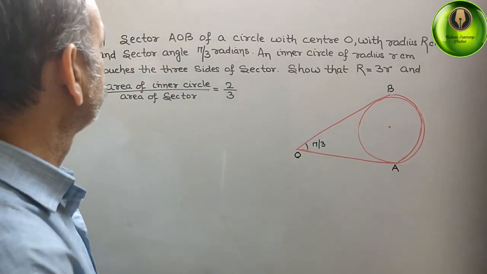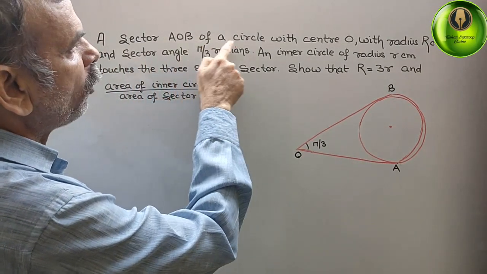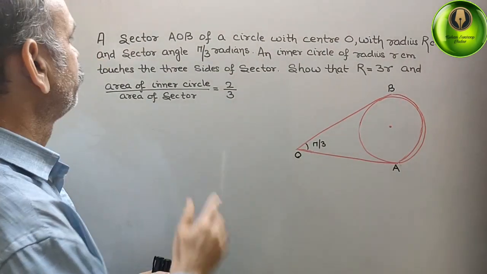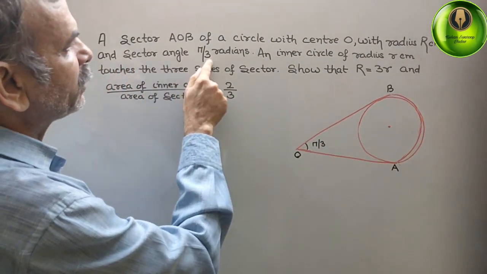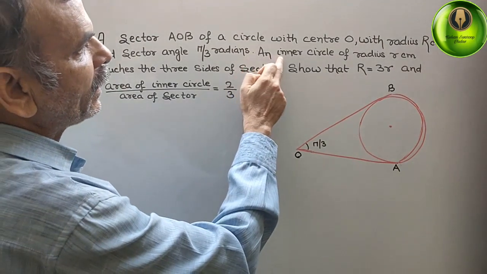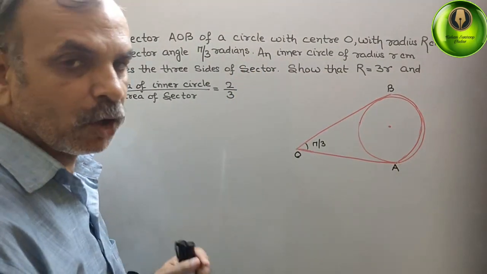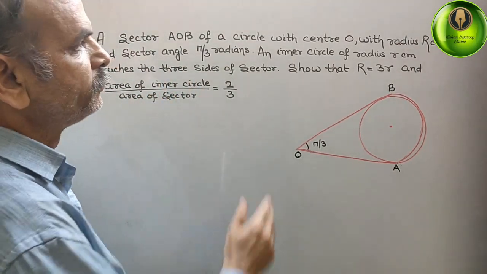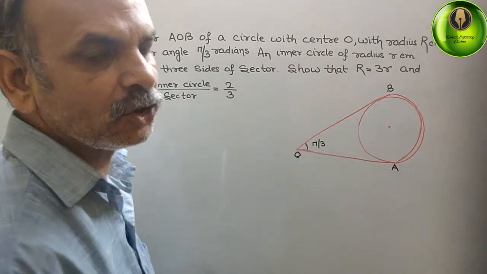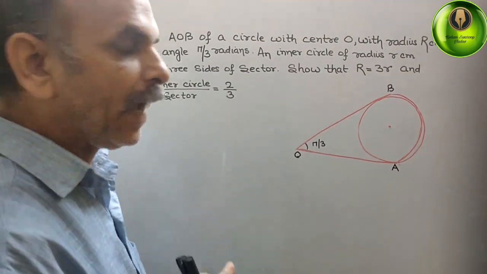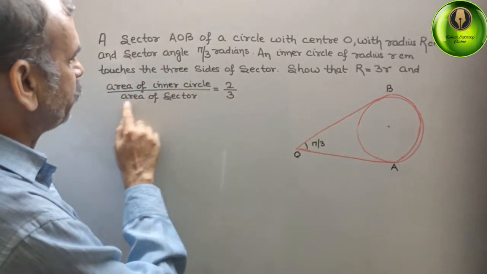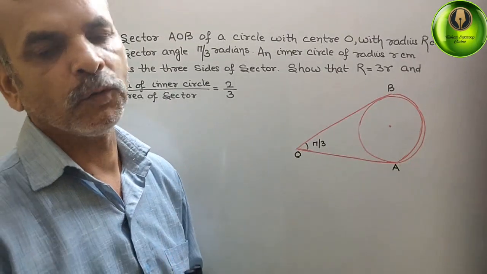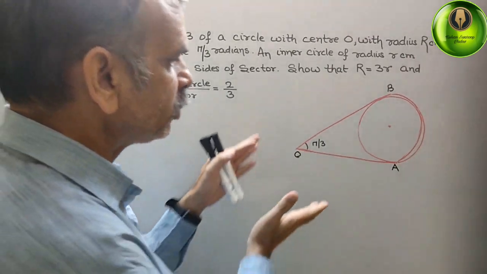Your question is: a sector AOB of a circle with center O with radius R centimeter and sector angle pi by 3 radians. An inner circle of radius small r centimeter touches the three sides of the sector. Show that capital R is equal to 3 small r, and area of inner circle by area of sector is equal to 2 by 3. That we have to go for. Now, so this is your